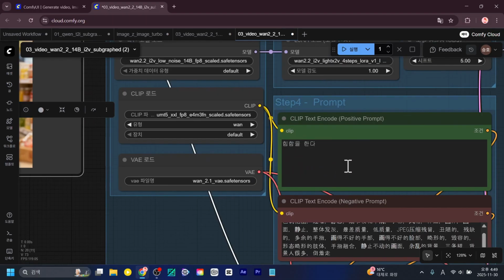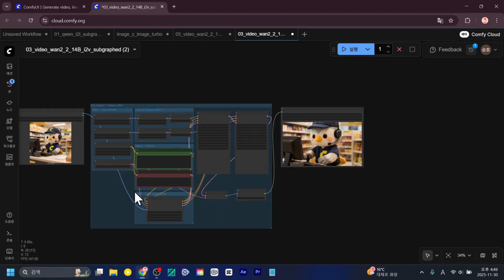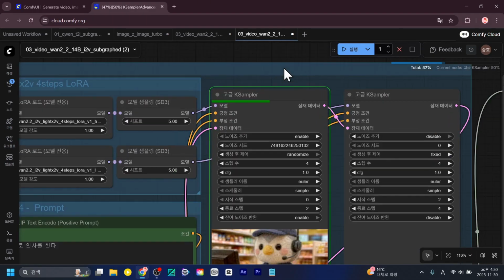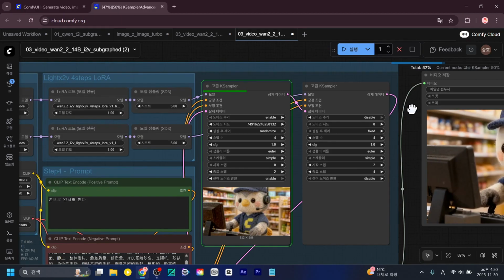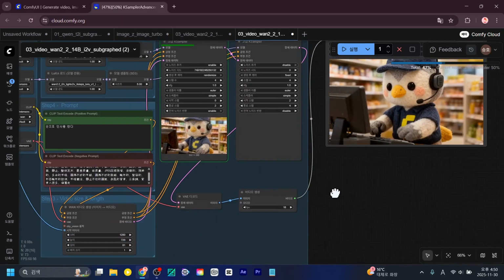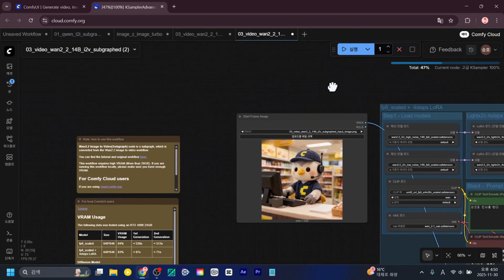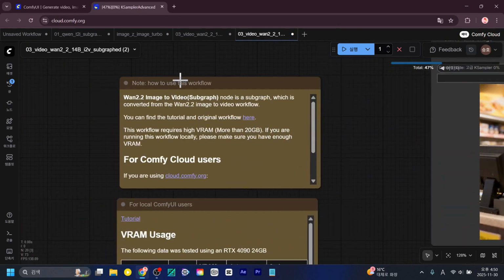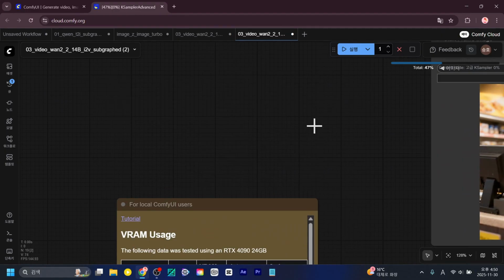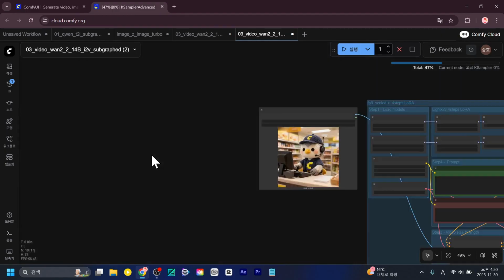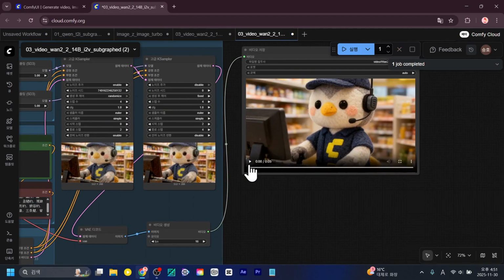I'll try it again. I'll try making it wave by hand. Yes, so like this, you can see that the work is being processed in green. By looking at things like this, you can check where in the process the work is currently at. Actually, all AIs can be managed from ComfyUI, so you can check them there, and you can just remove unnecessary things like these if you don't want to see them. Since this is just the manual, let's take a look at it when the video comes out.